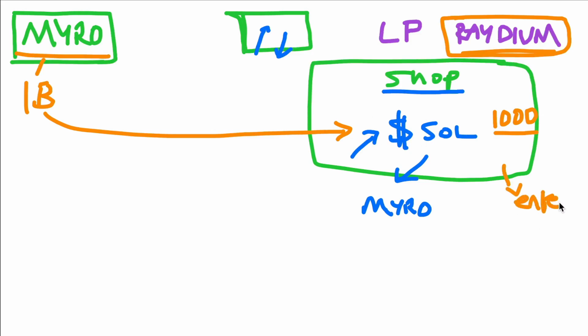And then the Radium tells them, your shop is live. And as soon as this pool is live, then there are Myro tokens now available to sell. The project has launched. And without doing anything, without doing any marketing at all, this will immediately start showing on Dex Screener and lots of other tools, and random bots and people will start buying without them doing anything or